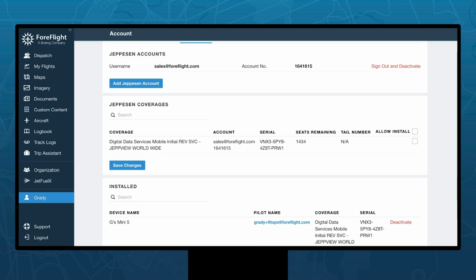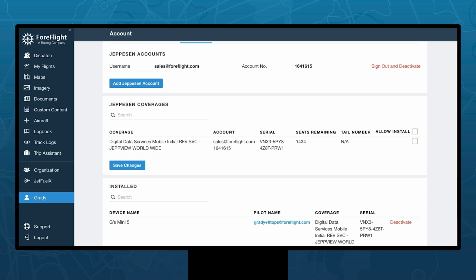I just wanted to take a few minutes here to add some color and maybe go over some gotchas that I've seen in my experience with linked Jeppesen accounts. As Grady said earlier, what we're showing here is a linked Jeppesen coverage. In other words, you have reached out to Jeppesen directly. You have purchased seats or a coverage area and the necessary site keys, etc., that you would need for your